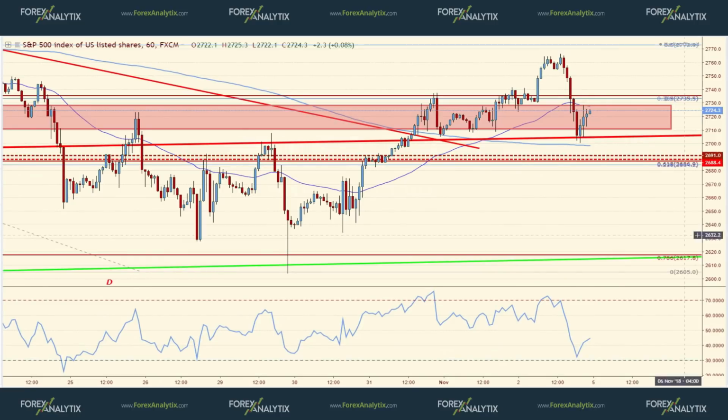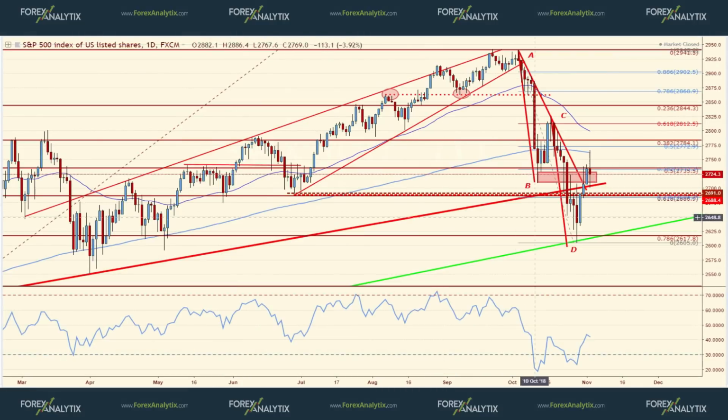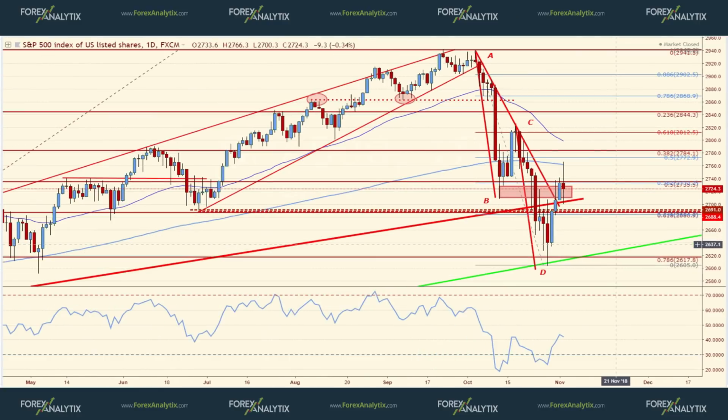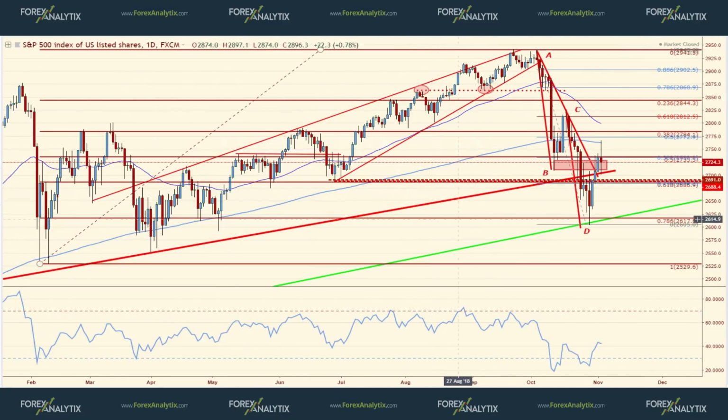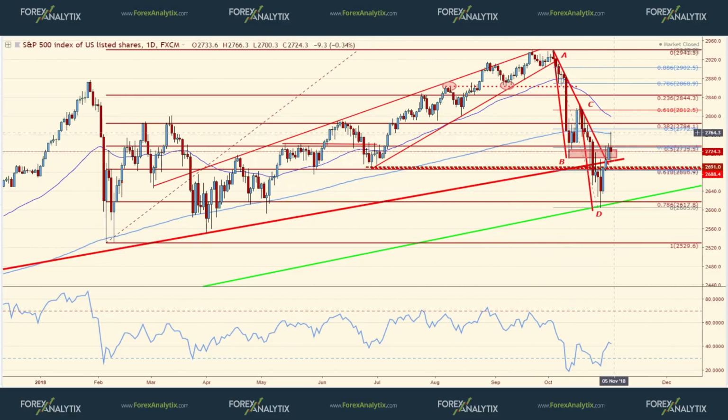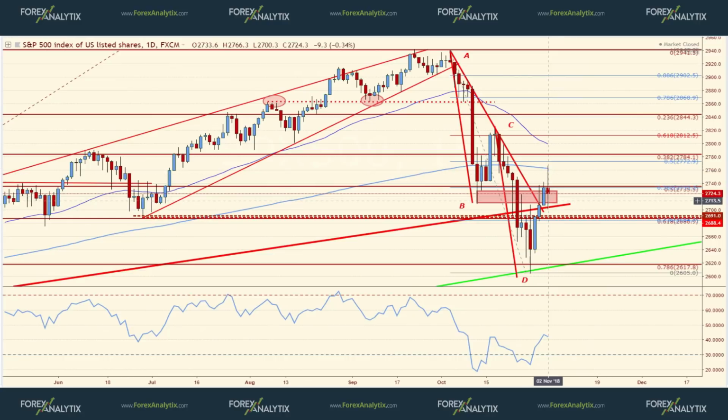On the S&P, I want to pull out something kind of specific. If you take a look at the S&P, this is the ETF from TradingView, which is basically a mirror image of the S&P futures. One thing I want to point out here is we actually rejected the 200-day moving average on Friday. You can see the rejection here, and it left us with a spinning top candlestick pattern. But the improvement in the S&P